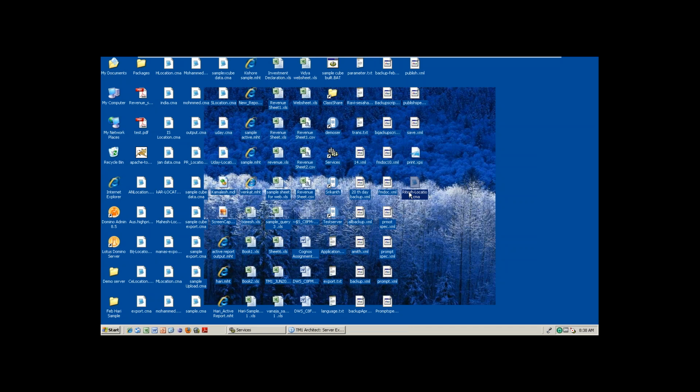This export dimension produces a .cma file. Why do you need this? Because in future, if you want to create the same dimension in another server, you don't need to create it once again, go to Excel and copy paste some locations, all those things. You can directly take the .cma file and copy paste it in the different server's data folder. Then automatically it will appear in the different server. So you can export any dimension structure with the .cma file, then copy the .cma file in the data folder, and it will appear in that particular server also.